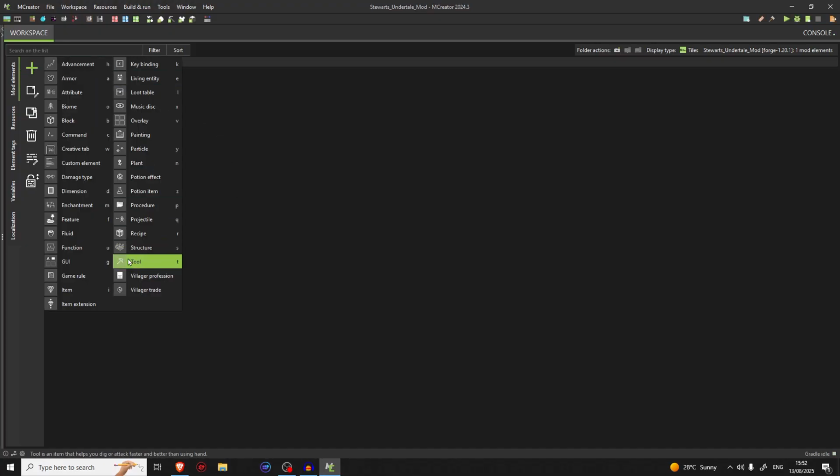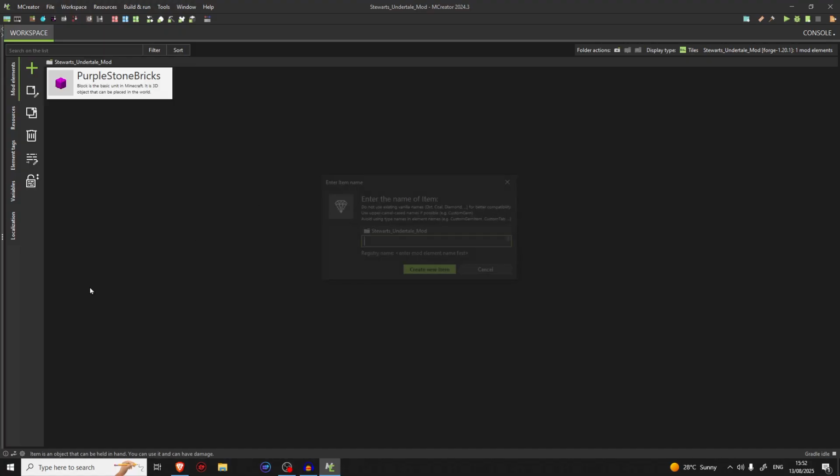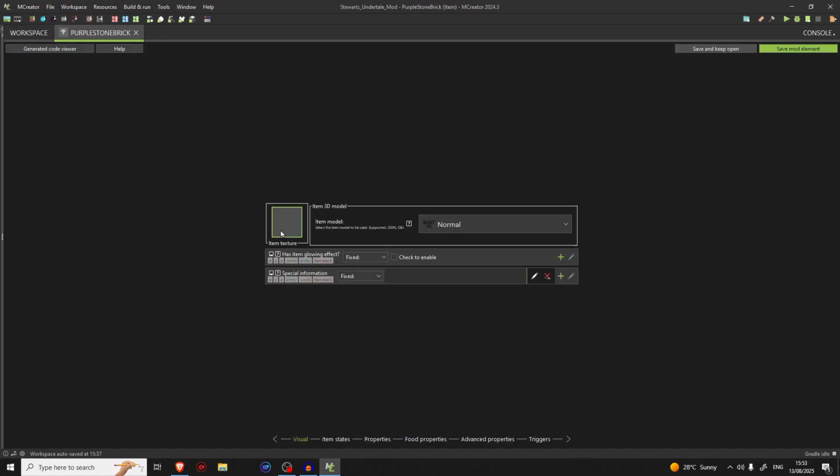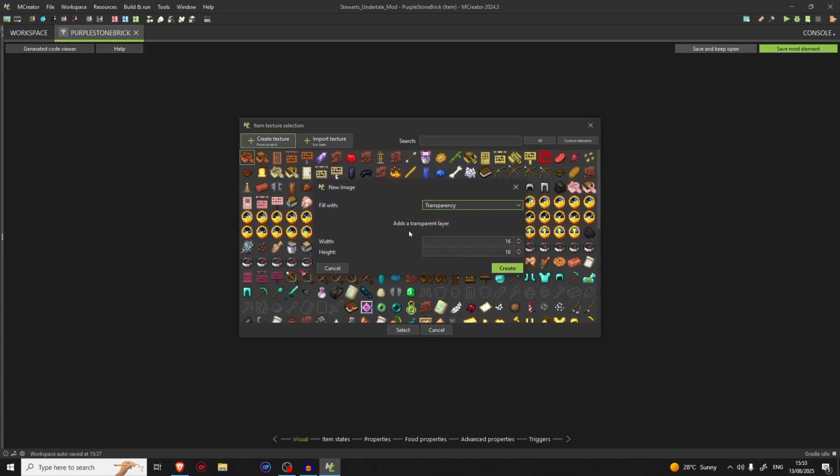Alright, so let's make a purple stone brick. Different from purple stone bricks. It's an item too. So we'll want, click that, takes it from scratch,